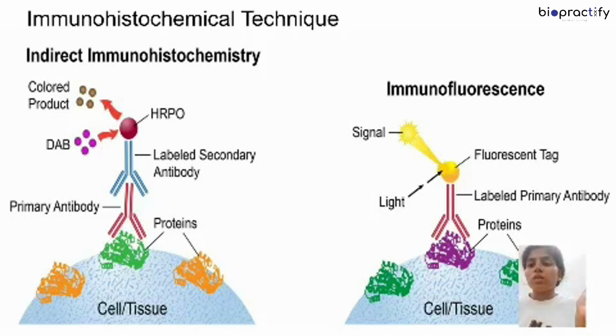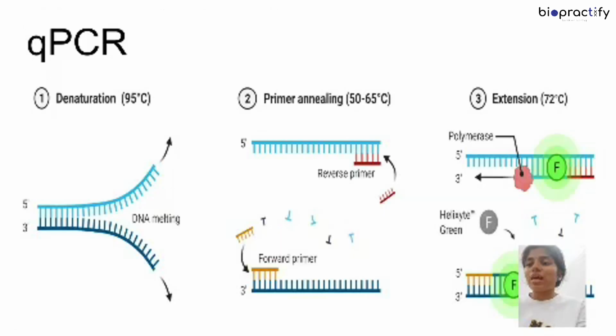Okay, so labeled secondary antibody, these are the proteins, these are test cells, tissue. So proteins are present in the cellular membrane, the outer membrane. Okay, so these are the immunofluorescence. We use a fluorescent tagged primary antibody, a labeled antibody, and they have used another technique which is quantitative PCR, which stands